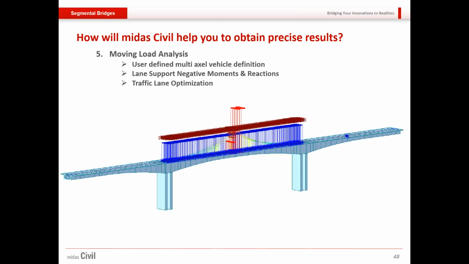Also, it has a very detailed moving load analysis system. You could define your own vehicle with multiple axle, or you could go for the standard vehicles that are already given for AASHTO along with its dynamic allowance factor and everything. Besides that, input for lane support negative moments and reactions. These are also automatically taken up by the software, wherein you just have to give the girder group where you are expecting the negative moments. So in this case, what we'll do is we'll just give the entire bridge, and automatically wherever the negative moments are coming, the provision of AASHTO of 90% reduction based on 2 trucks would be applied,